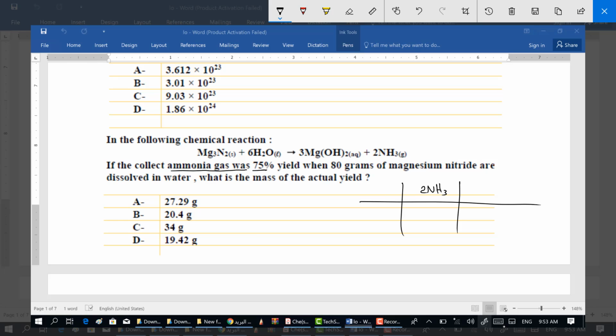In front of 80 grams of magnesium nitrate, Mg(NO3)2. We deal with the percentage yield, so we calculate the molar mass in grams. For NH3, it is 14 plus 3 multiplied by 1. For magnesium nitrate, it is 24 plus 2 multiplied by 14 and so on. If we take 80 grams of magnesium nitrate, we will obtain the theoretical